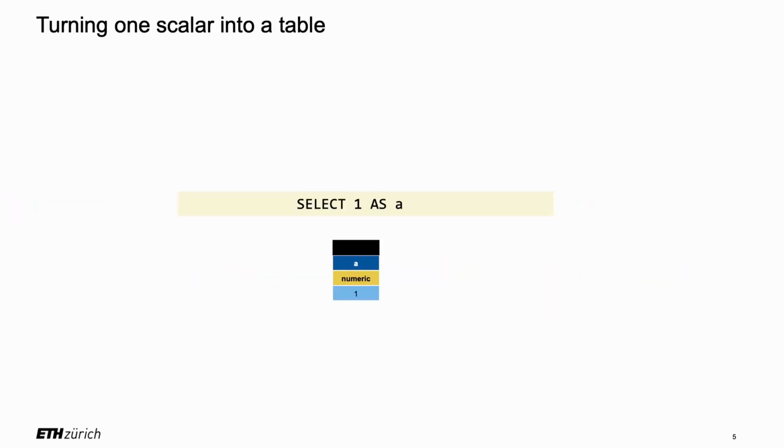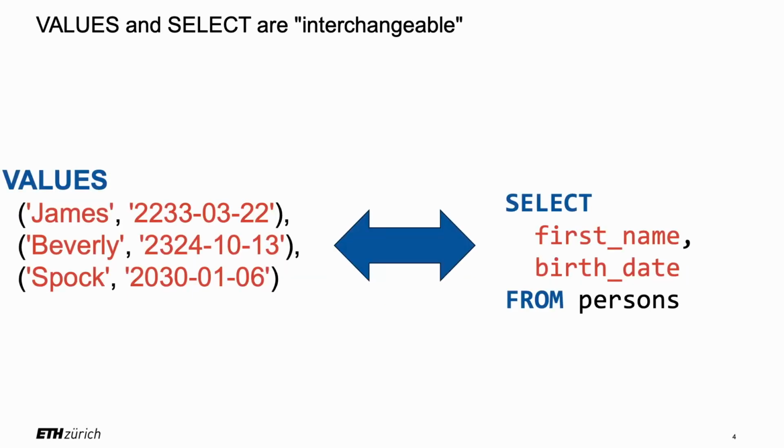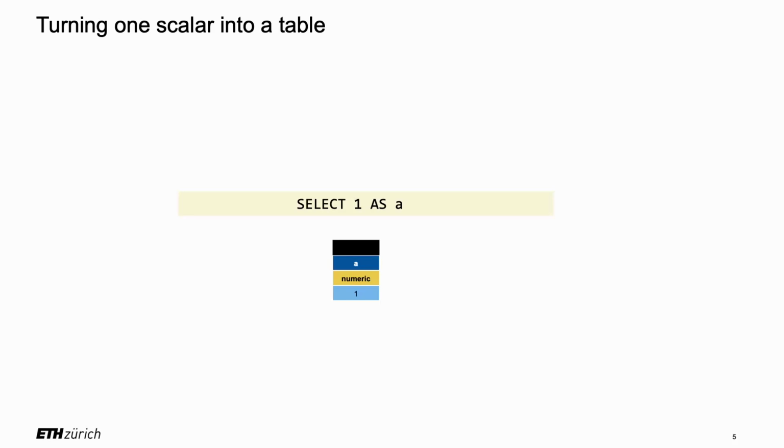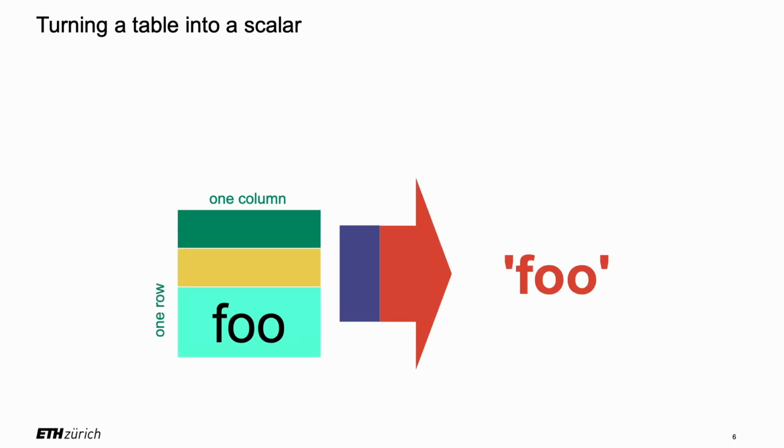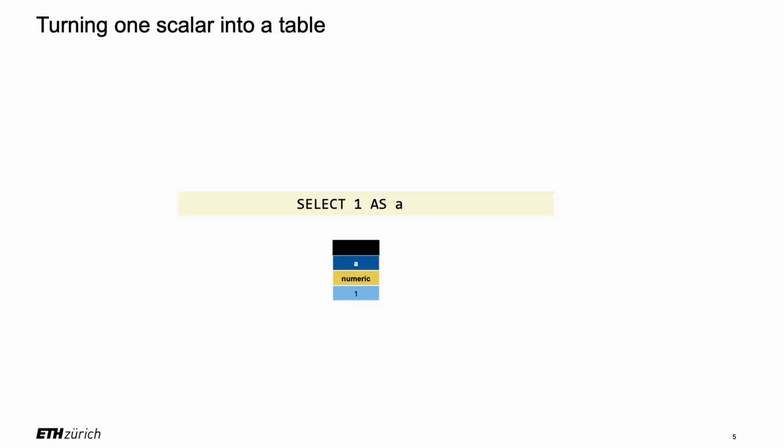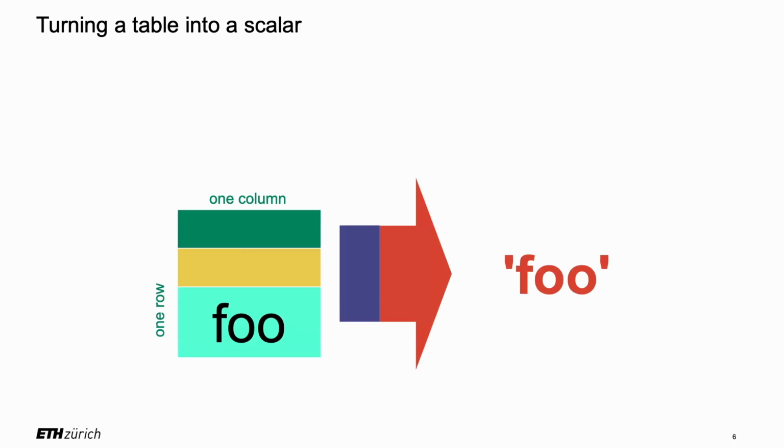All right, very good. So this is how you turn scalars into tables with this values formula. Then when you have a single scalar, you can also use a select statement like this: select 1 as A, that also works. And that creates a table like this. So you can also do it that way. What is magical is that it also works the other way around. If you wrote a query that happens to produce a table that has 1 row and 1 column, like this,